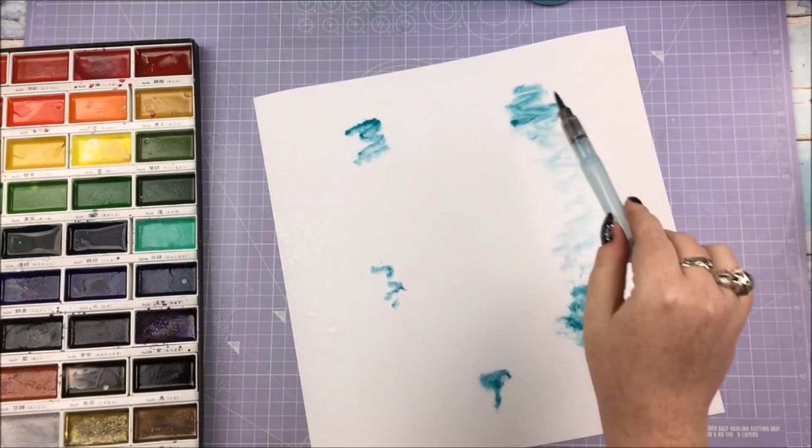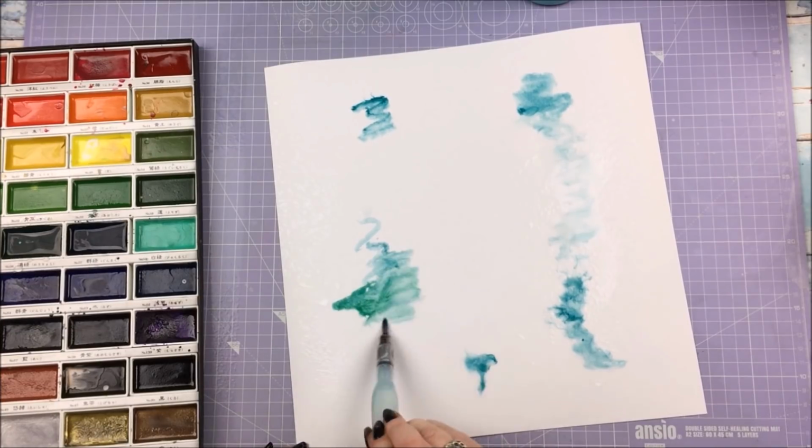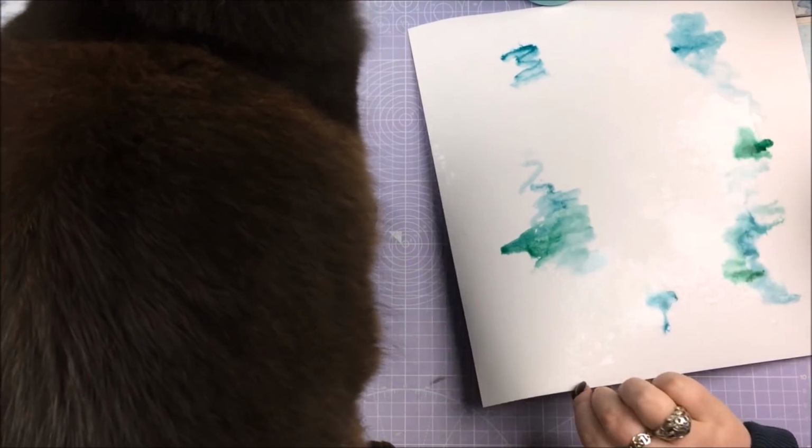So I've started off with this layout just with a 12 by 12 piece of white cardstock. This is some very strong 300 GSM stuff that I buy from the range, and unless, oh look, Conan came